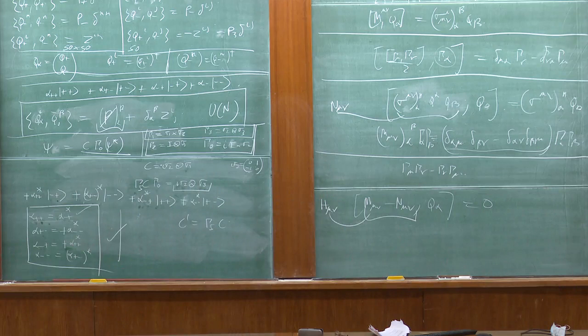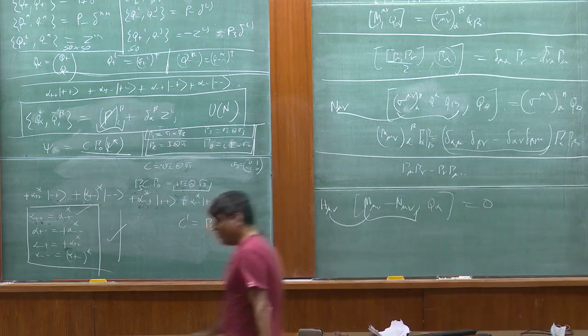Is this clear? Because M rotates Q's as if they're spinors. N does the same by construction. So M minus N leaves the spinors unchanged. Yes. Okay? So now we have,